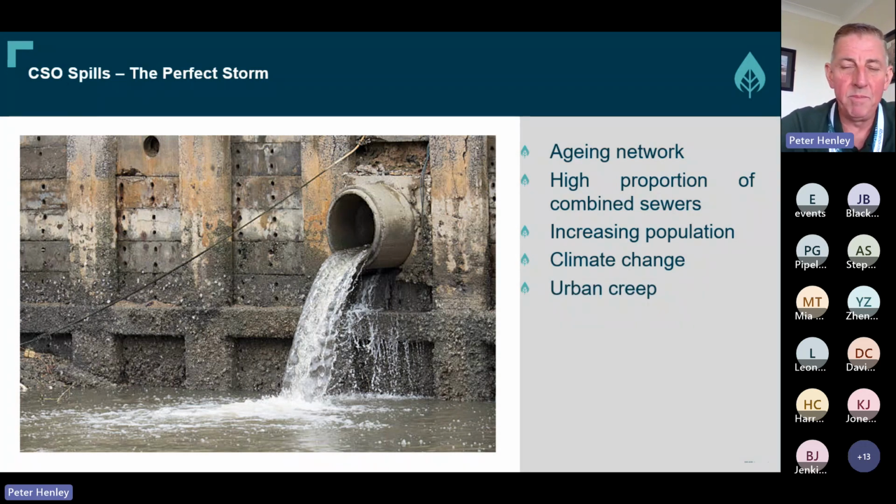And urban creep, the growth of extensions, conservatories, hard standing outside of fronts of buildings, etc., for parking cars, is increasingly removing permeable areas and replacing them with impermeable. So we have increasing runoff from our hard standing, our buildings and grounds around the building. So therefore that urban creep is certainly increasing the rapid response to storm events. So therefore it's putting a greater strain on our already stressed wastewater network. So we have to consider and look at the impact of urban creep on our CSO spills,